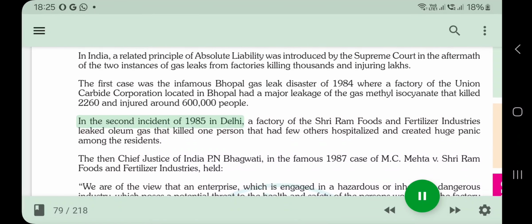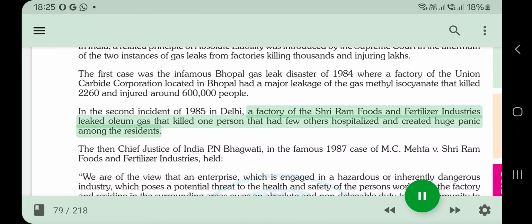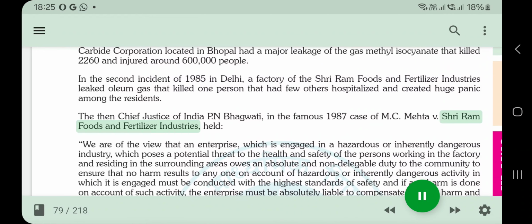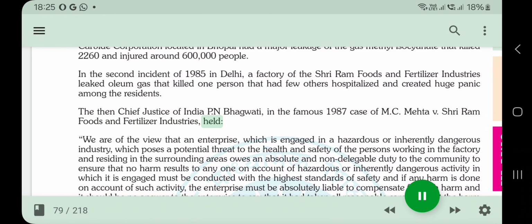In the second incident of 1985 in Delhi, a factory of the Shri Ram Foods and Fertilizer Industries leaked oleum gas that killed one person, had few others hospitalized and created huge panic among the residents. The then Chief Justice of India P. N. Bhagwati, in the famous 1987 case of M.C. Mehta v. Shri Ram Foods and Fertilizer Industries, held: